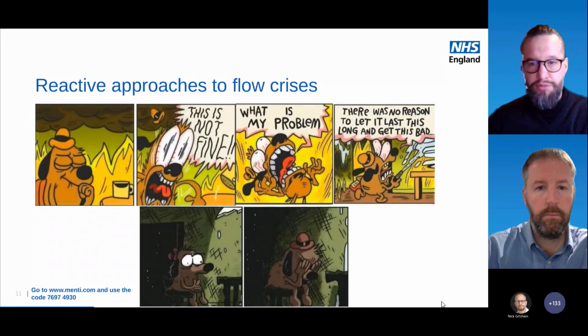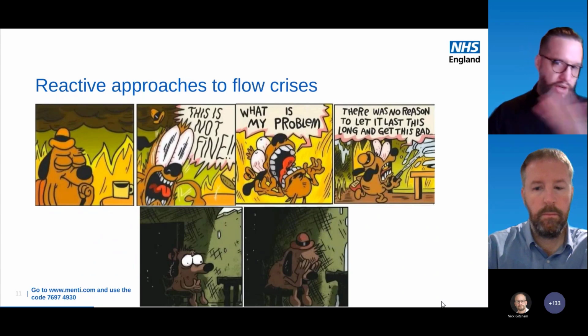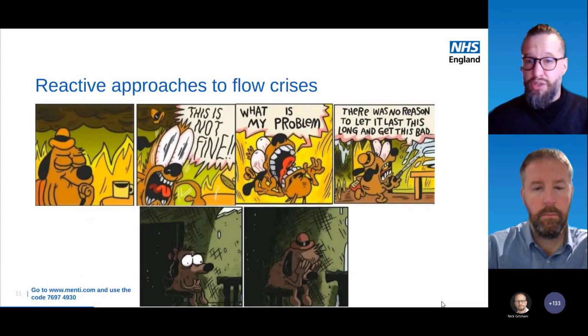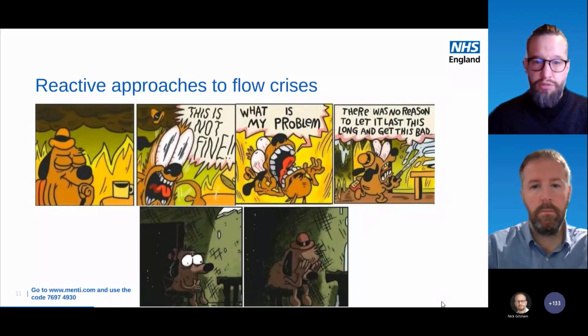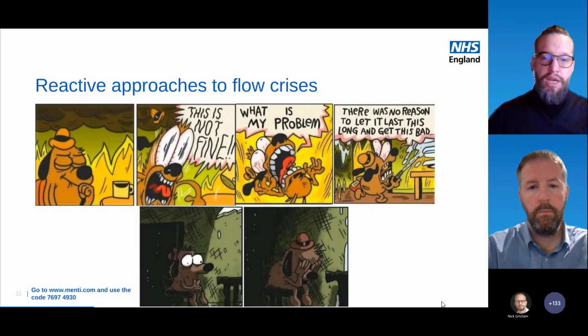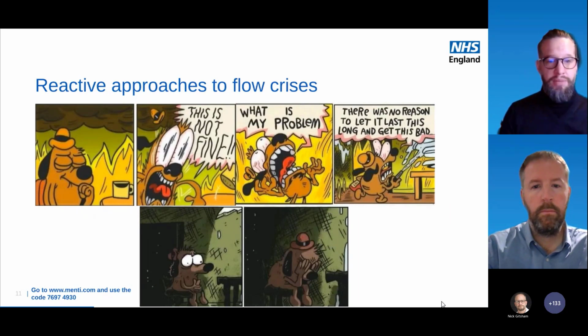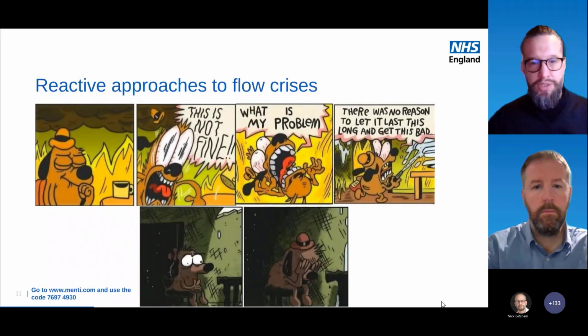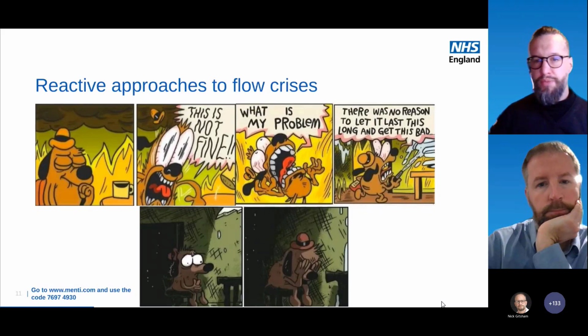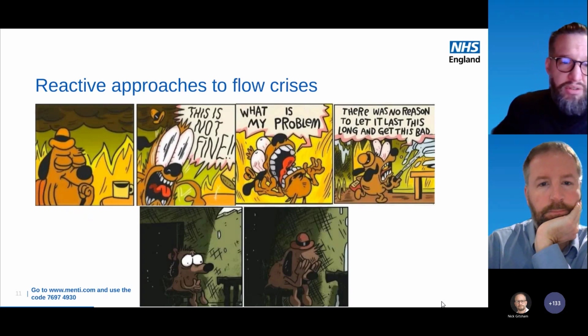So in hospital settings, for example, when there's a bed crisis, it's not uncommon to send in a team, a senior medic and a nurse and a social worker, to go around all the wards and work on unblocking issues that would enable patients to be discharged and release beds. And this sort of approach often has some immediate impact in alleviating the current crisis. But if you don't address the underlying issues, then that crisis will recur again in short order. And where there are structural issues and significant mismatches, this often drives a sort of perma-crisis of using reactive approaches to address issues that's demoralizing, stressful, inefficient, and harmful to culture, experience, and safety and outcomes.